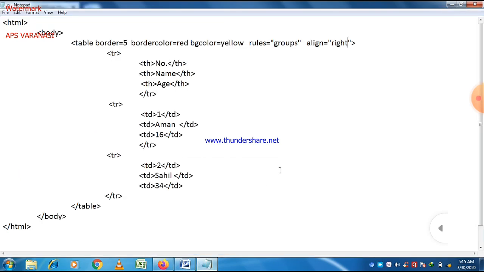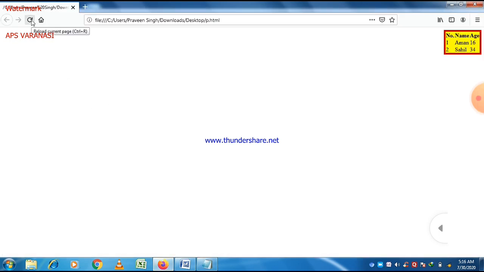So if you want to align the data within a table, then it is also possible. So with the rules, you can put two values, basically rows and cols. And if we just write groups, then it displays border between all cell groups, and when we put all, then it displays all borders.